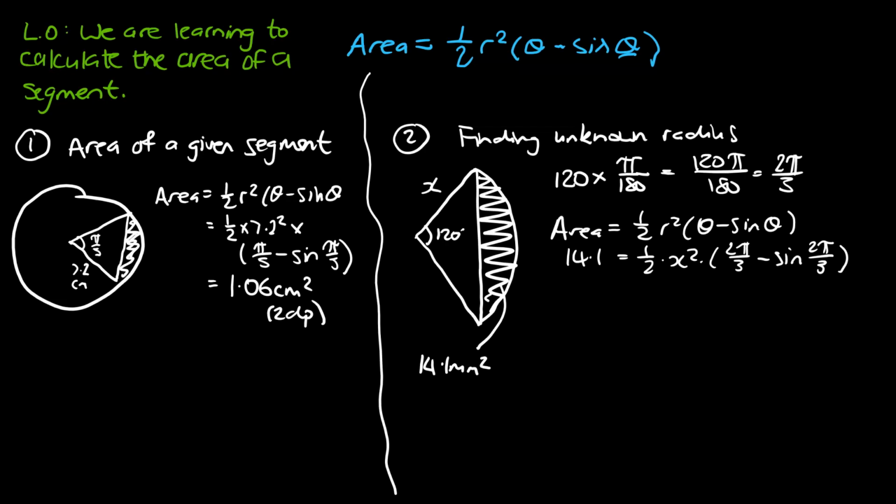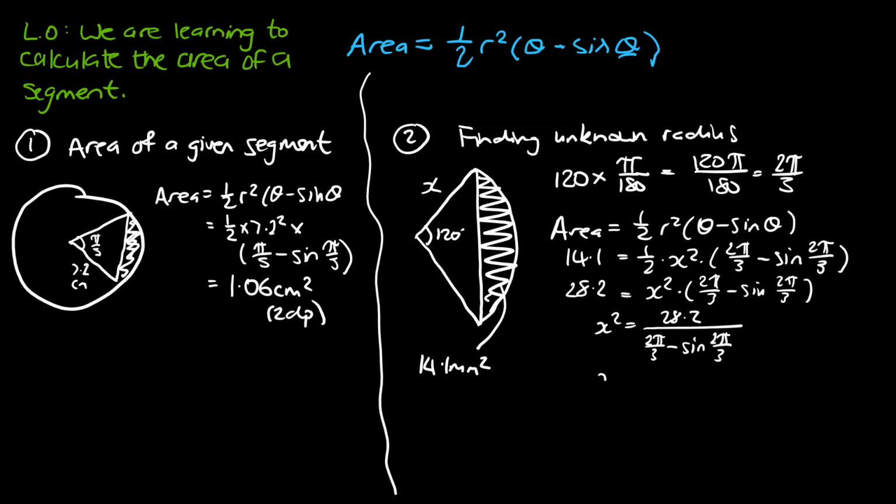From that, we can start simplifying a little bit. So here is a times 1/2, or a divide by 2. Let's take it to the other side as times 2. So that's going to become 28.2 equals x squared times (2 pi over 3 minus sine 2 pi over 3). From there, let's move all of this over. It's currently a multiplication, so let's move it over as a division. That means x squared will be equal to 28.2 divided by (2 pi over 3 minus sine 2 pi over 3). From there, you plug all that into your calculator, and I got